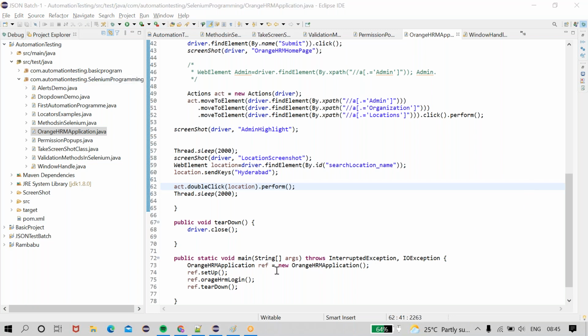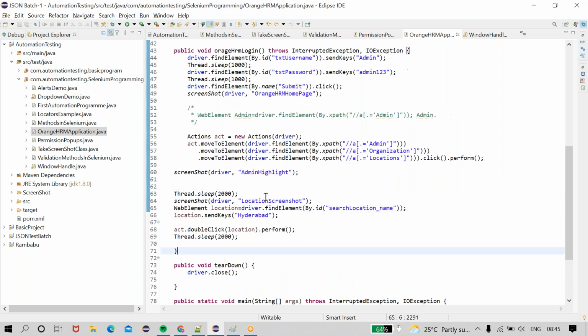Satish, Radha, Ajitesh, if you miss the perform operation, the entire thing will not be executed. So we need to do the perform operation. If you miss the perform operation, the specific functionality will not work. Okay, don't miss this perform operation. I missed it and got confused; you might also get confused.